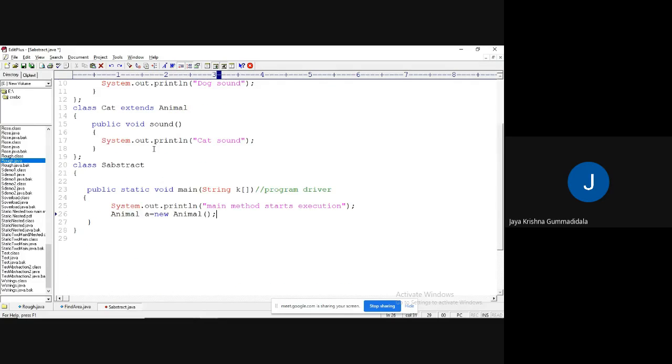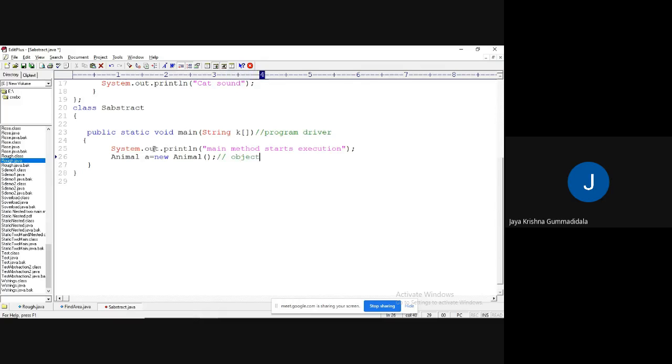Okay, so object creation is not allowed. So for that I'm going to make a reference of Animal. Through this object reference, can I assign a derived class object of the base class? Yes.